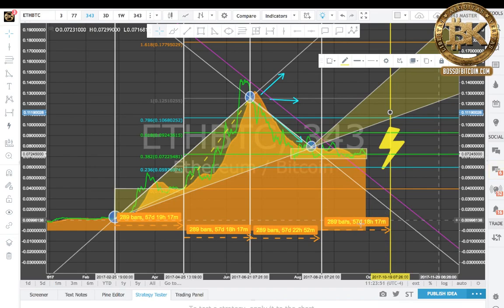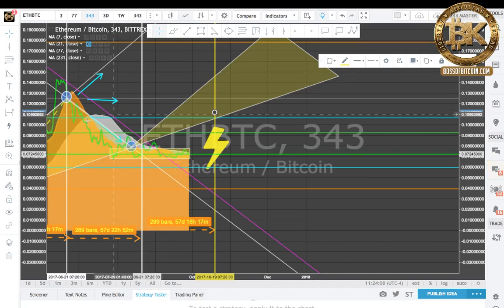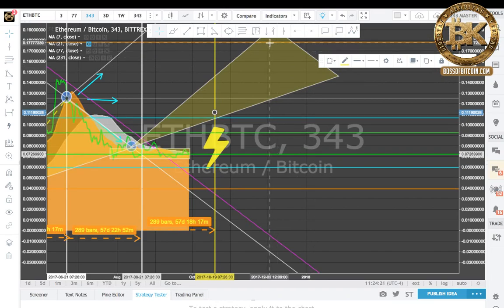0.0772. That's a buy, right? And we can expect, once we clear out of that money zone, to go above. This is when we bring back the 289, 231. So as soon as we clear out of that, there it goes. There we go. We're starting to get some resonance. We can expect, once we break out above 0.105, above that blue line, then it's pretty safe that we're going right up to 0.18, right inside the peak of that triangle, which will be